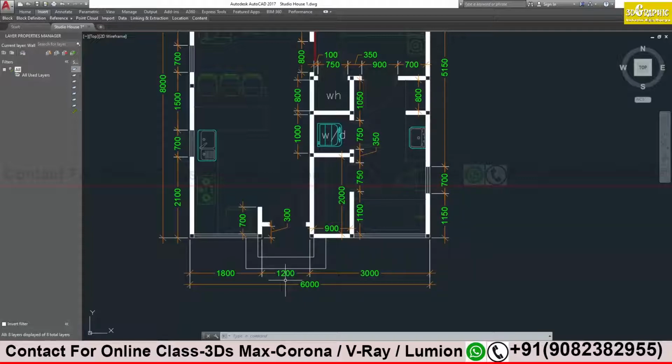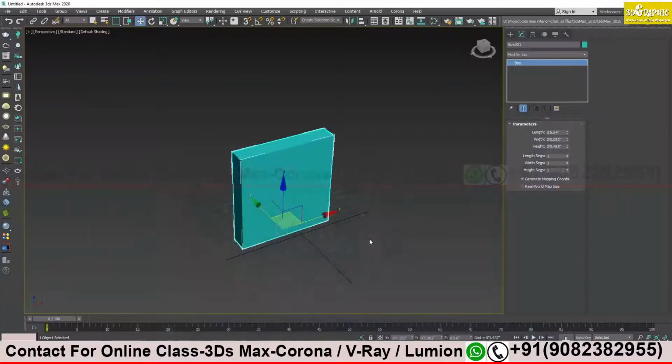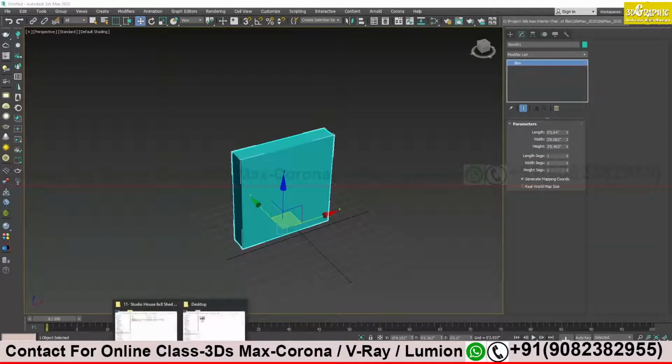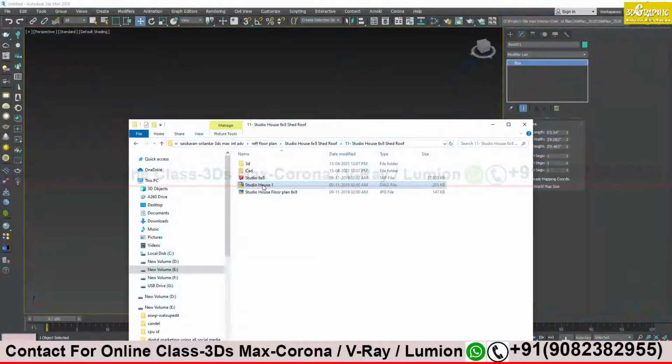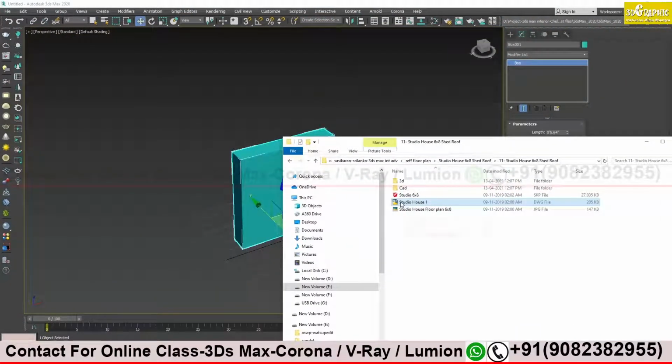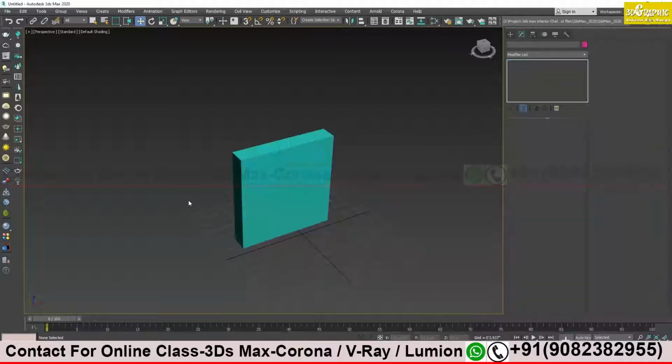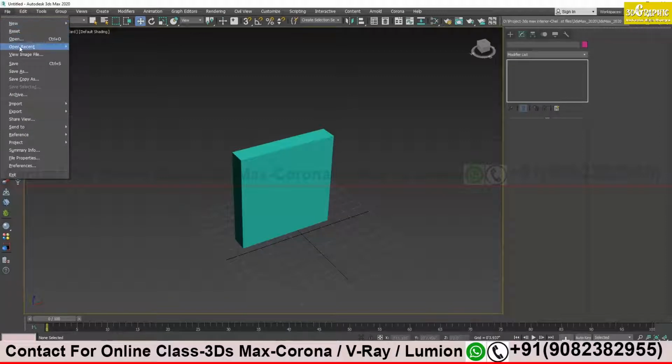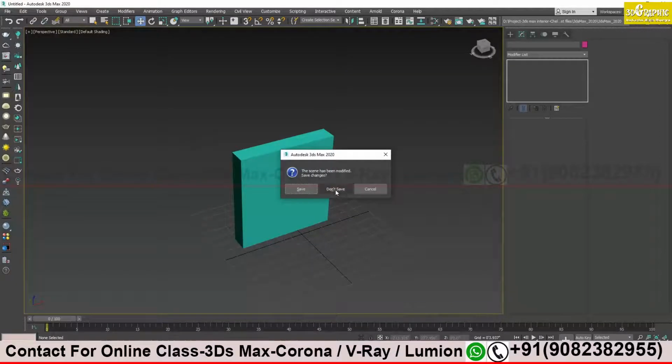Let me show you step by step. I will minimize this, and I have my AutoCAD file with me. To import this AutoCAD file to 3ds Max, there are two options. Let me first come to 3ds Max and reset everything. Go to reset, and don't save.